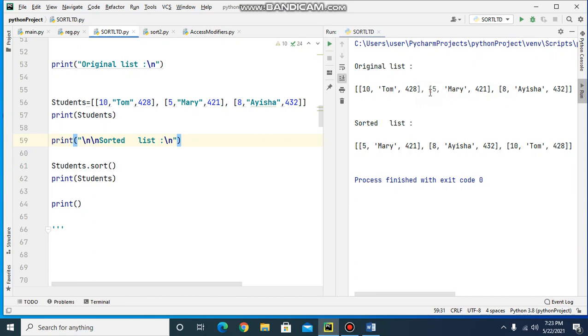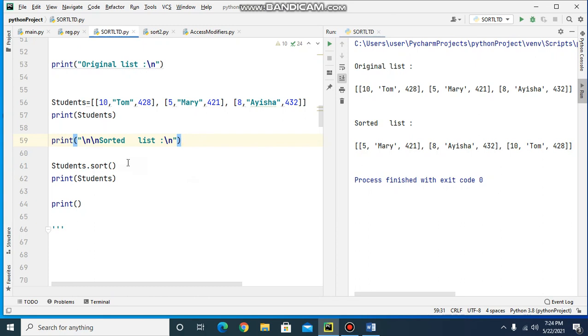So the list with the minimum value of the first element, that is 5, has come first. Then the list with the first element as 8 is printed here. Then the list with the maximum value of the first element, that is 10, is the last list. So it has sorted in the ascending order of the first element in the list.